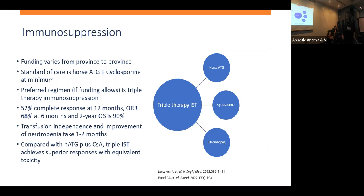So we start there. But actually the preferred regimen, if funding allows, is adding in that third agent called eltrombopag. In patients with that third agent, about 52% of them will have a complete response at 12 months, with an overall response rate of 68% at 6 months, and the 2-year overall survival increases to 90% with treatment. Transfusion independence and improvements of the neutropenia does take some time, so generally on the order of 1 to 2